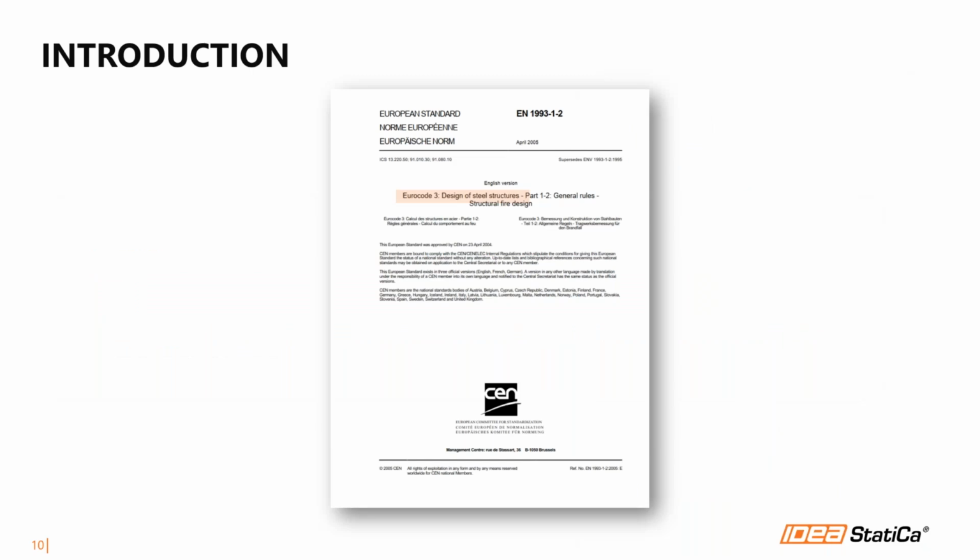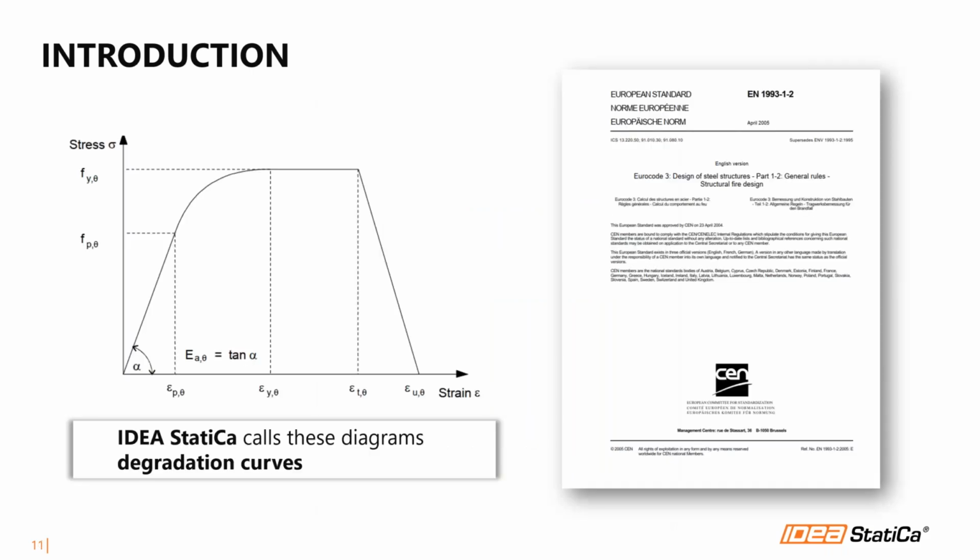Besides the generic part that was previously shown, which outlines the design procedures, there are specific rules for each material that is covered in the Eurocodes. So, in the context of today's webinar, where we will be discussing steel structures, Eurocode 1993-1-2 applies. To perform checks on steel connections and members, we need to apply additional rules that are prescribed in this